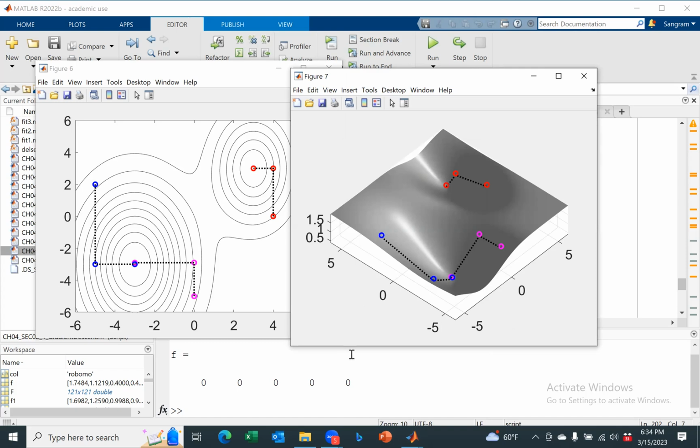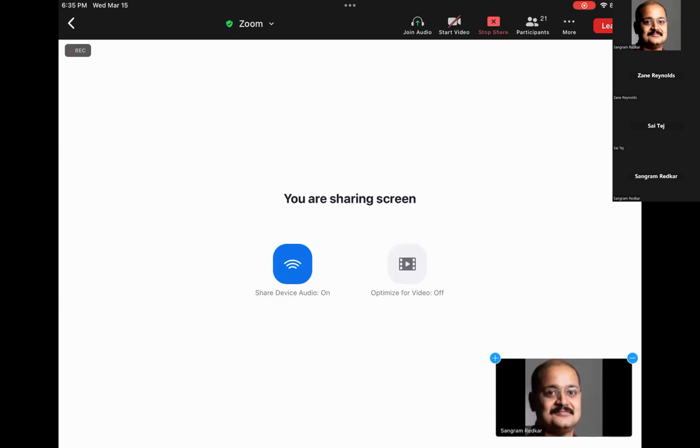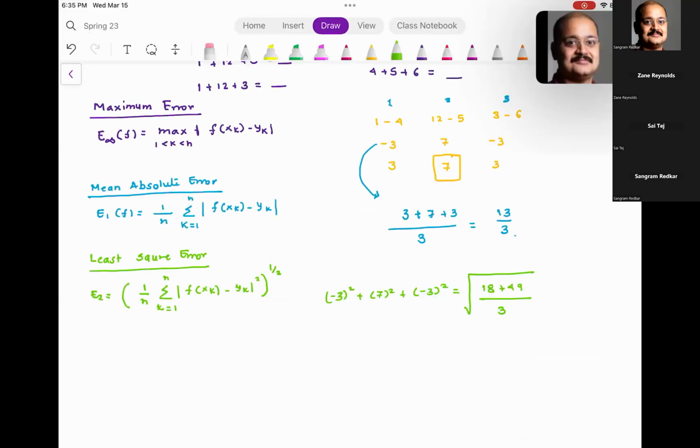And gradient descent is the workhorse for deep learning and machine learning. So moving on to the next part, we have talked about the overdetermined system, underdetermined system,